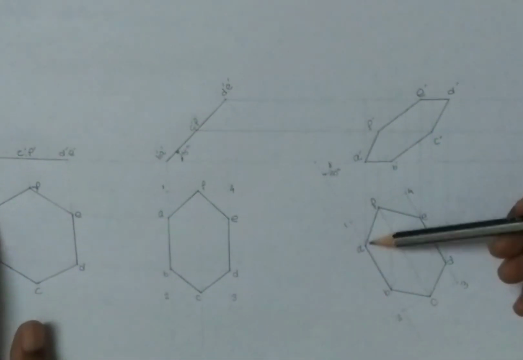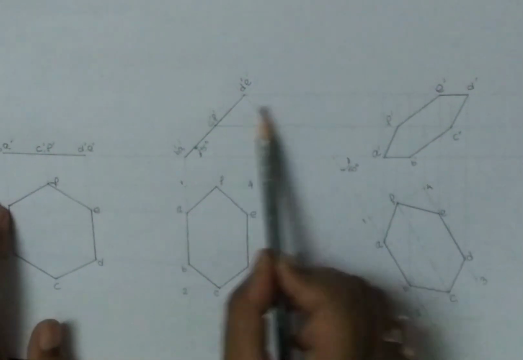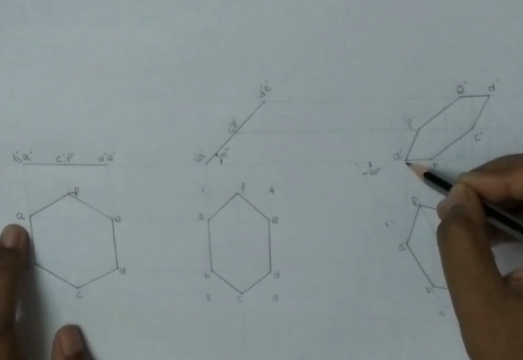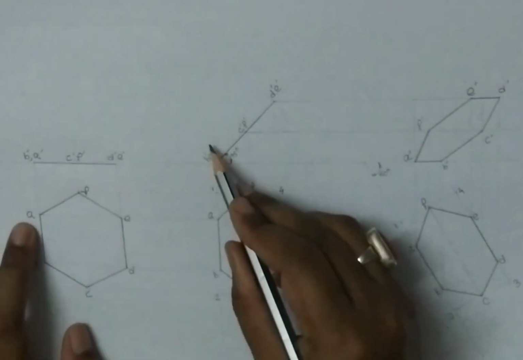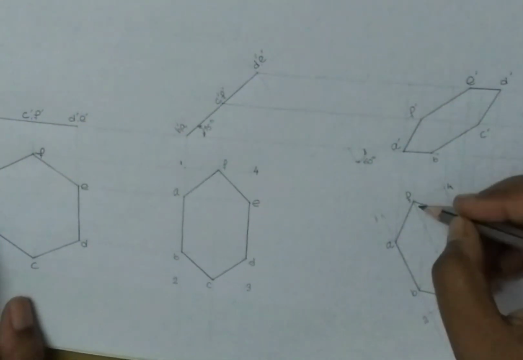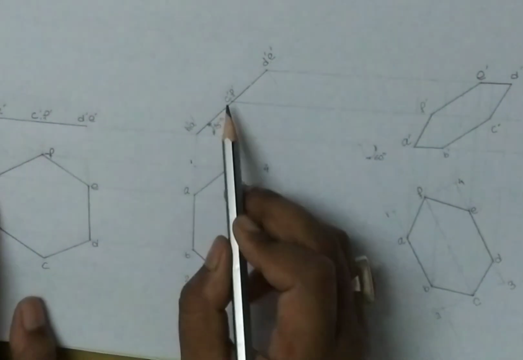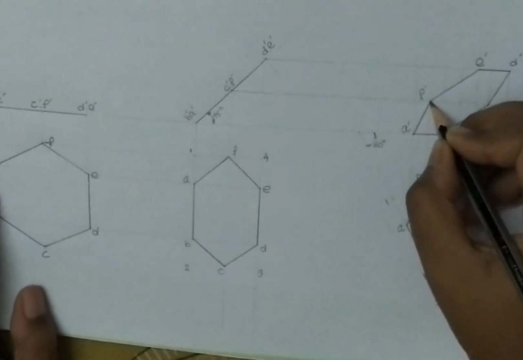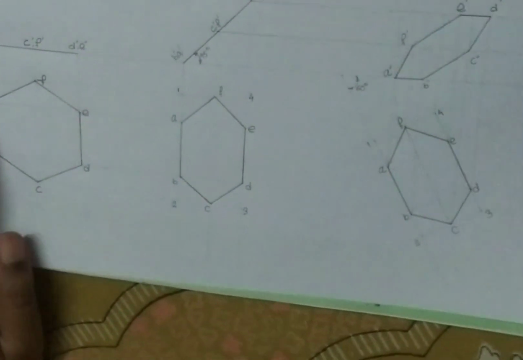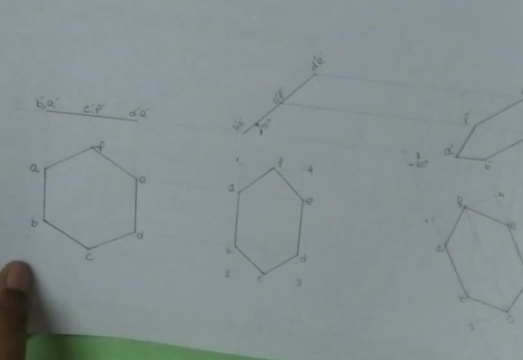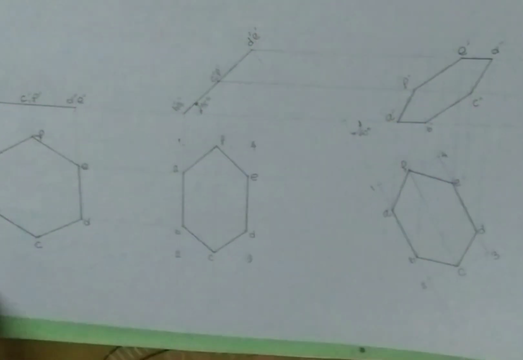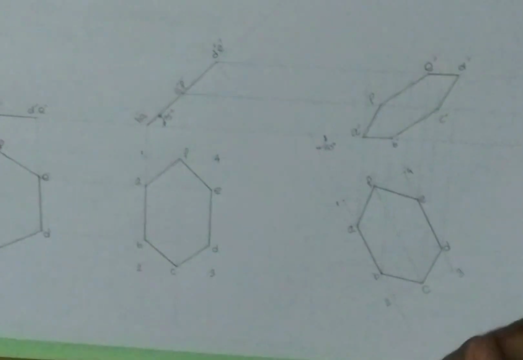Then the process is the same: make the vertical line through all these points and horizontal line through all these points. See, this vertical line comes from A and this line comes from B dash A dash, so the intersection point will be A dash. This vertical line coming from F, this horizontal line coming from C dash F dash, the intersection point will be F dash. In this way you will get all these points over there, just join all these points, you will get this shape. And remember one thing, only these lines and these planes will be dark and all the remaining construction lines will be very light.